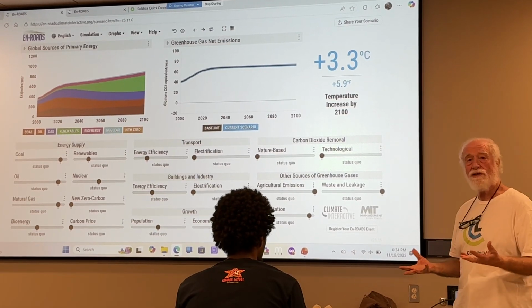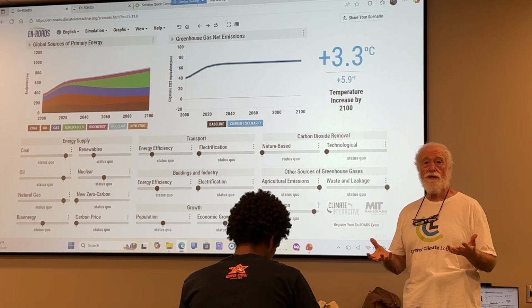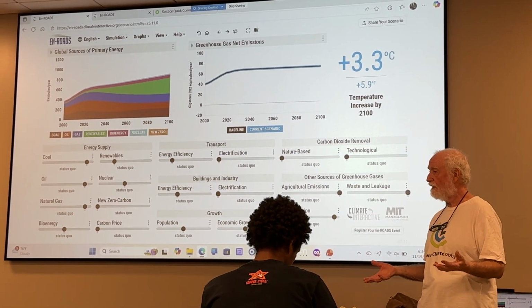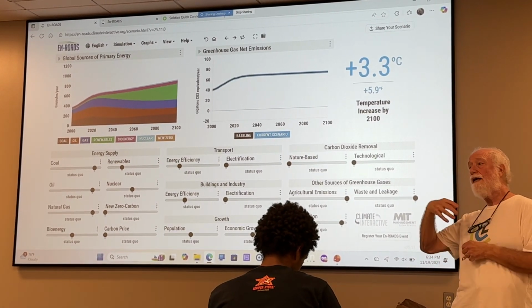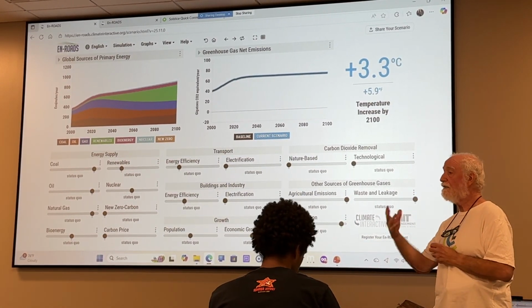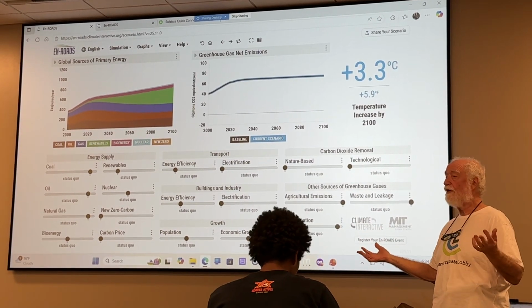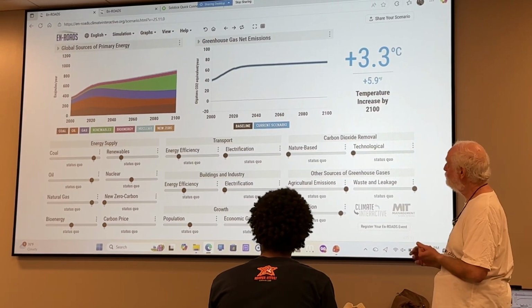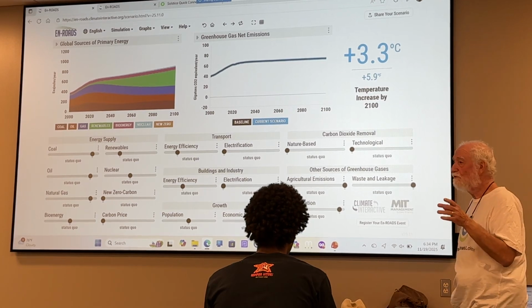Put a price on carbon, starting at a relatively low amount, about $15 a metric ton of CO2 equivalent, and increase it $10 each year. So $25 a ton in year 2, $35 a ton in year 3, et cetera, et cetera. The money that's collected, and it's multiple trillions of dollars,